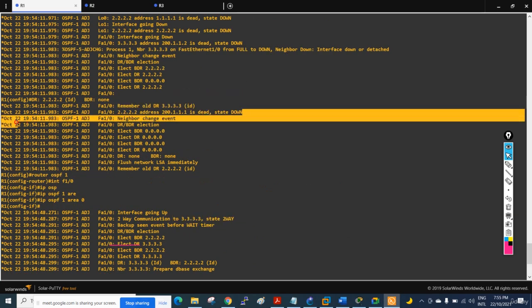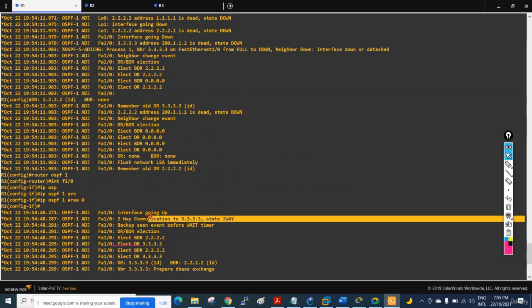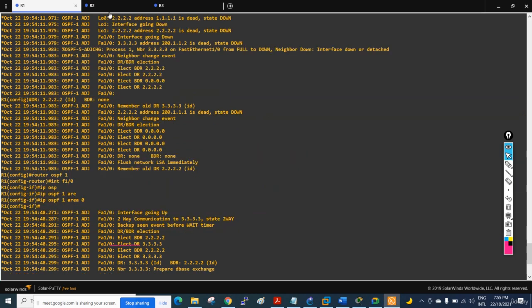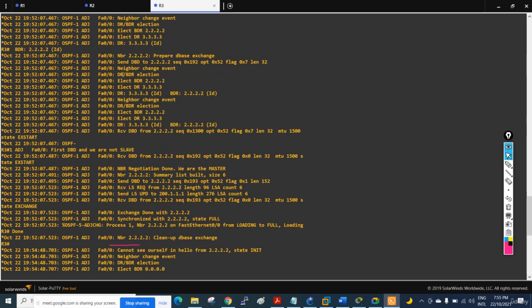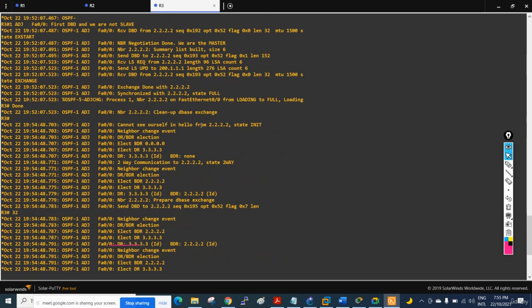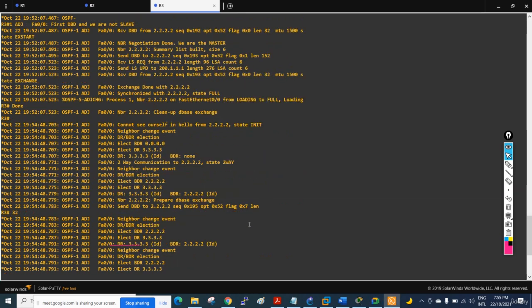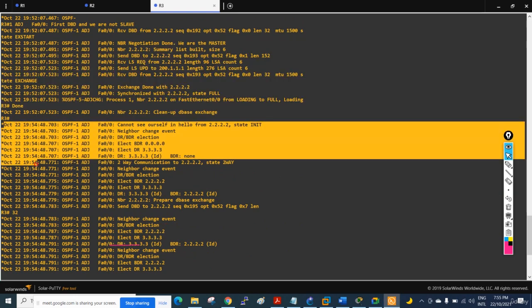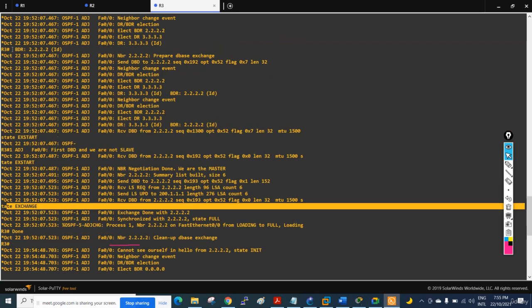This is a Down, and what we are checking, this is a two-way, and they will have all the states: ExStart, Exchange, Loading to Full. So in R3, if we see here what we get, let's see, just now I removed and I added that one. So we have here what Exchange they have, master slave relation Exchange. Somewhere we will have Init also here, somewhere here, like here Exchange like this. So somewhere here if you see this one,